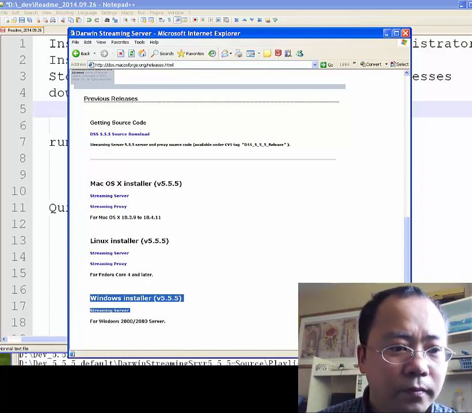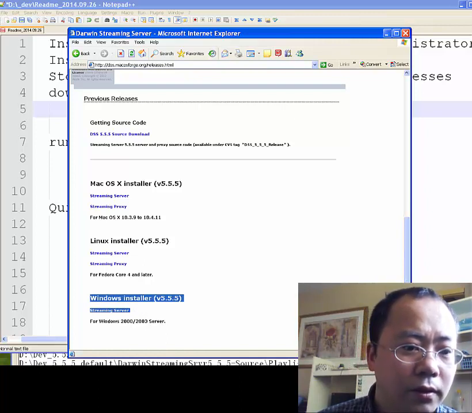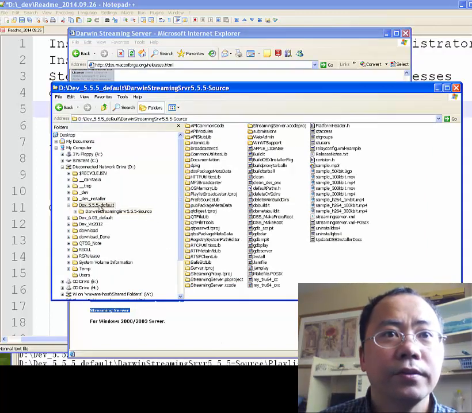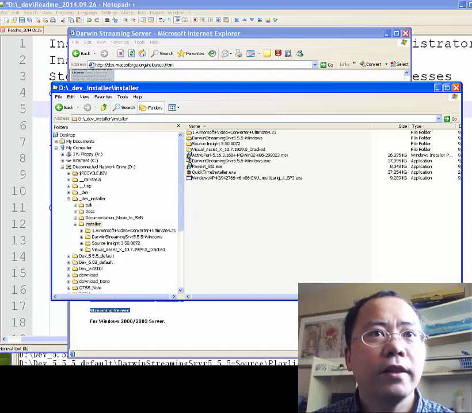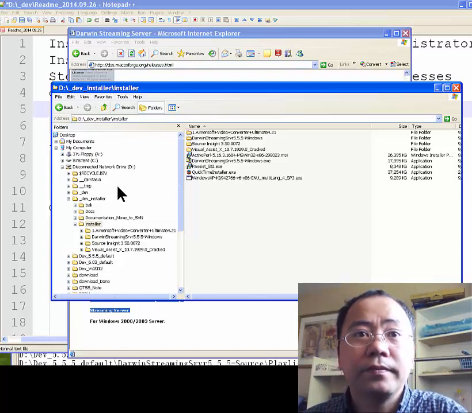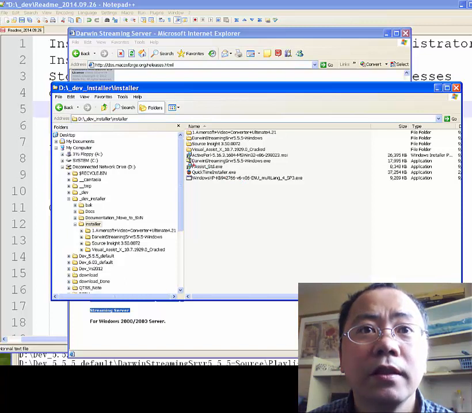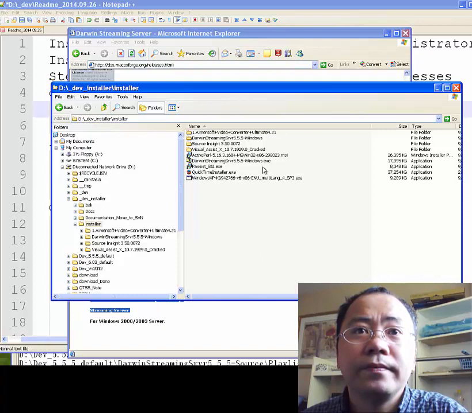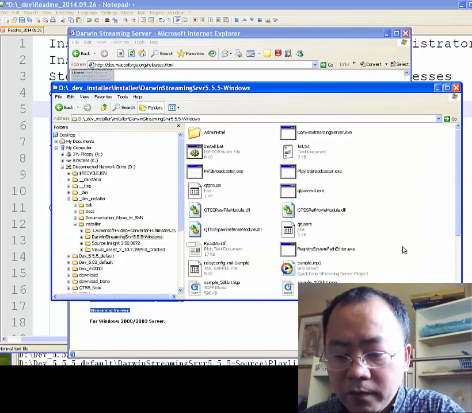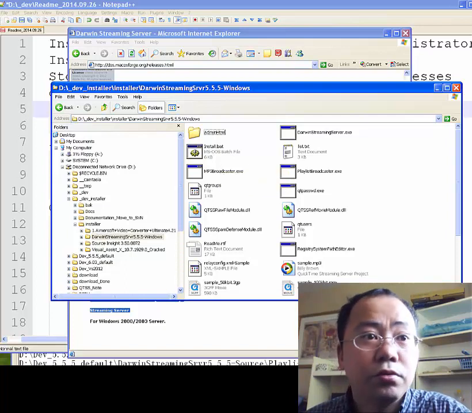And after we download this, we get this file. Okay, so we get this installer. This Darwin Streaming Server executable binary file, the installer, we just need to unzip to this folder. And let's come into the folder. And here, in order to install, we just need to run this